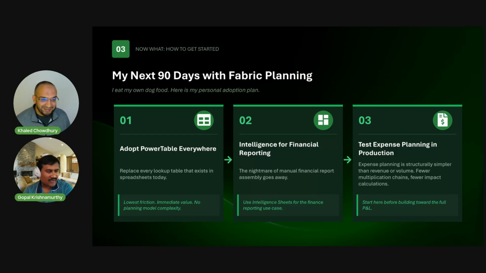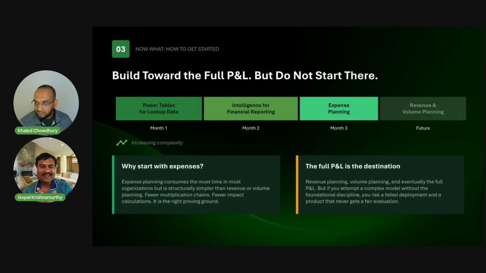I think you are giving a very good suggestion, Khaled. I know you are biased to Power Table, but I would also recommend success. The reason is, I would also start with Power Table. The Power Table is the easiest to use of all the 3 sheets. Two, you are not going to get a pushback from your executives that we already have another planning tool. Power Table is basically an unmet need in the industry. So it's like a use case. It's more of a modernization of your manual process.